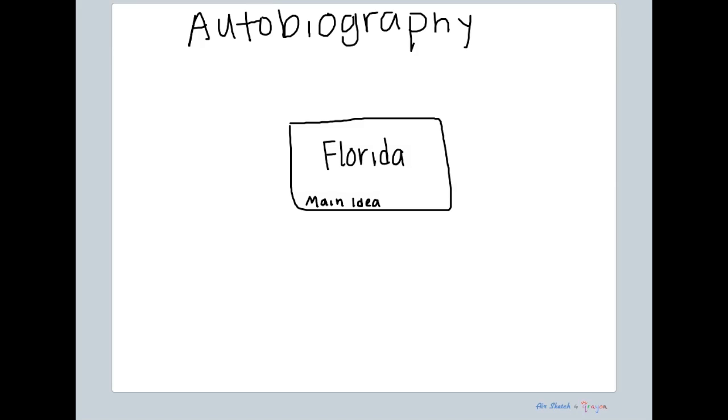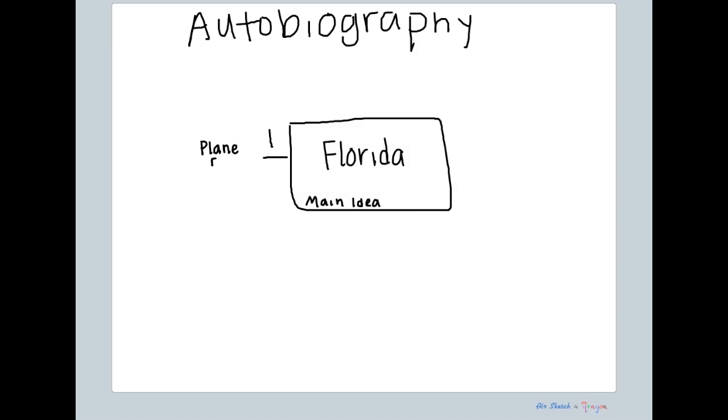in the middle. Once you have your main idea written down, we need to think about supporting ideas that go with your trip. So you're just going to draw out one stick. This is going to be your first detail. Your first detail needs to be something that happened first within the story or the autobiography that you're writing. So for your trip, you want to think about what happened first. So for me, I want to talk about maybe getting to Florida. So I'm going to write plane